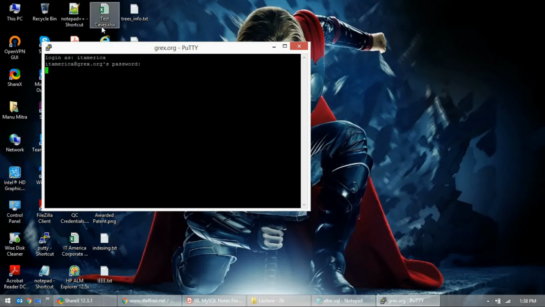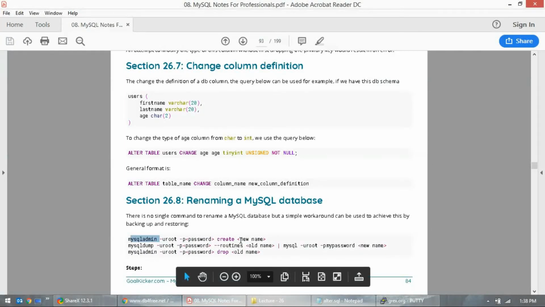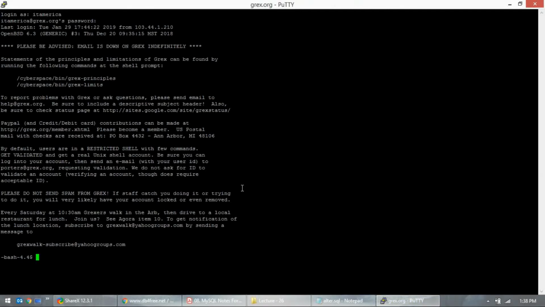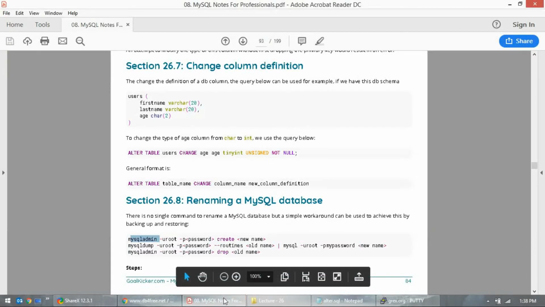But we don't have access to this, unfortunately. We do, but we don't have this root access. But let's see. MySQL, and we cannot work here, unfortunately.